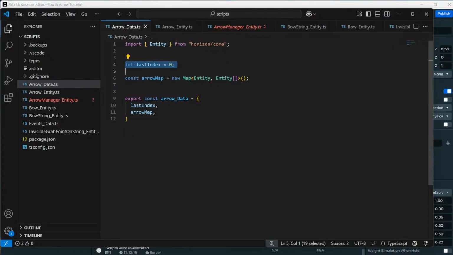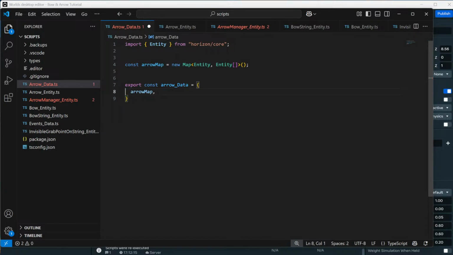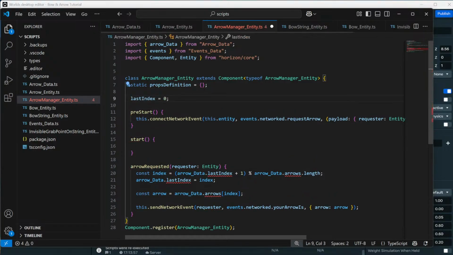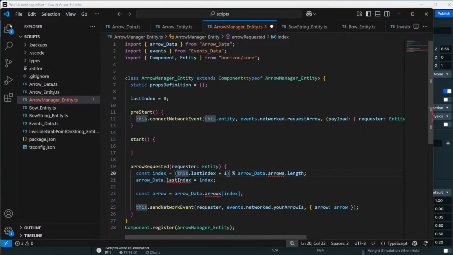Now fortunately, last index is now specific to the bow, so we can actually remove this from arrow data, and we'll hit Control Save. Heading back over to arrow manager, we can now make this a property inside of the arrow manager, so last index equals 0, and then here instead of going to arrow data.last index, we can just replace that with this.last index. So Control C, and then